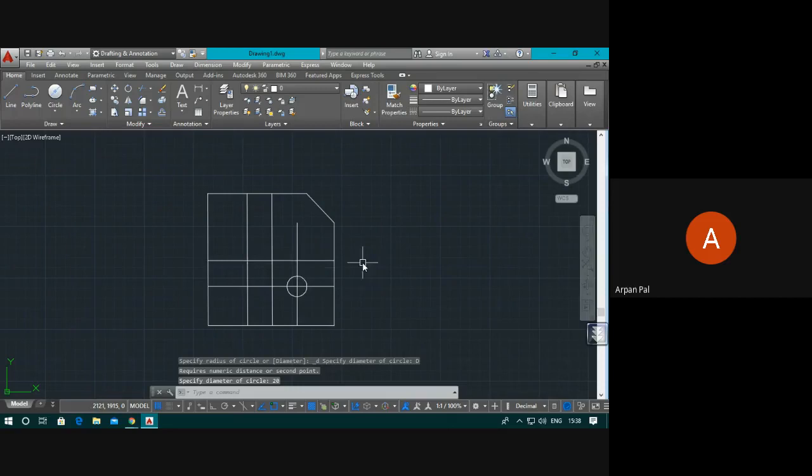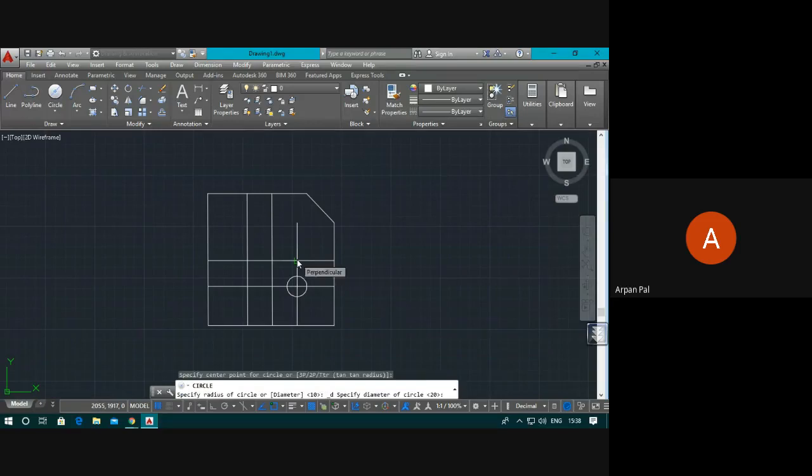This point also I am repeating the steps. Take the circle, specify the center point. In the bracket it is asking for other methods. So we are doing again center and the diameter. So let us take this point as the center. Click here. Then it is asking for specify radius of the circle, or diameter in the bracket. Specify the diameter of the circle.